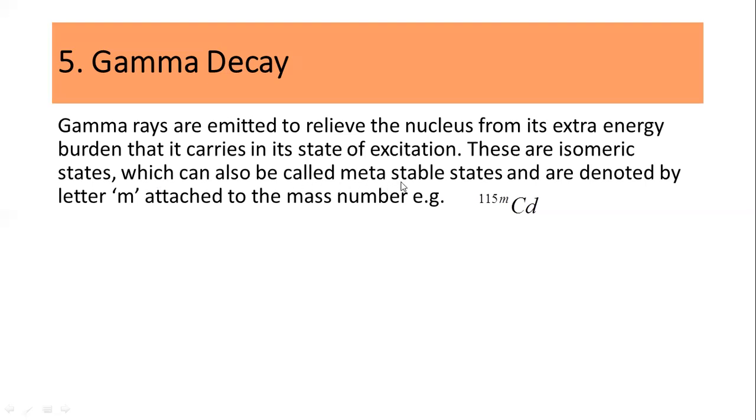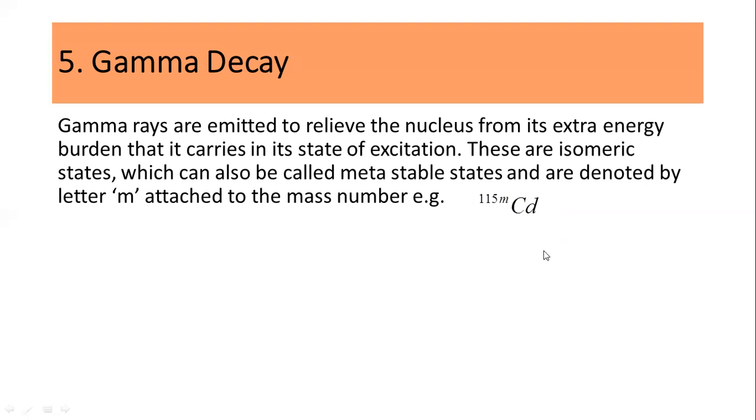This is also called the metastable state and is denoted by a small m, which is written with the mass number. So this is cadmium-115m. That means this is an unstable nuclide holding some energy, and this energy should be released in the form of gamma rays, and then it will be converted into the lower energy state,